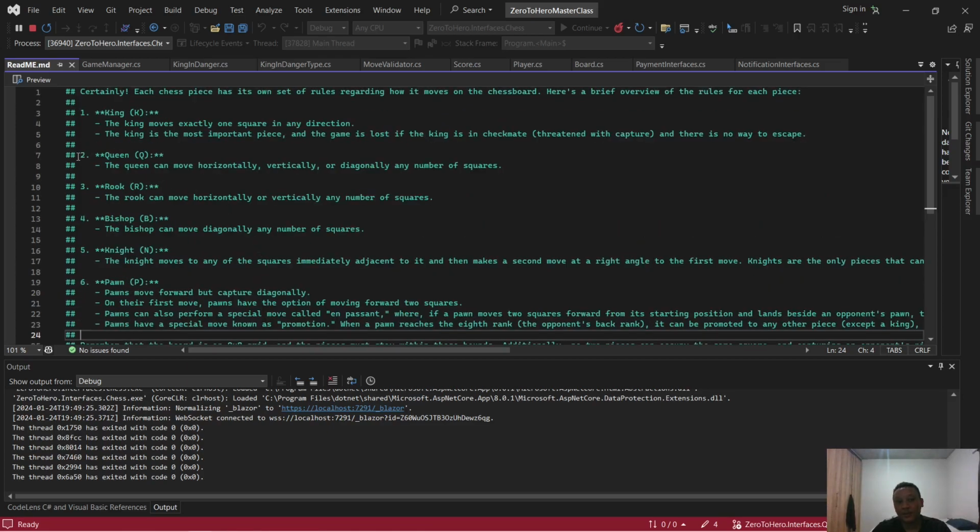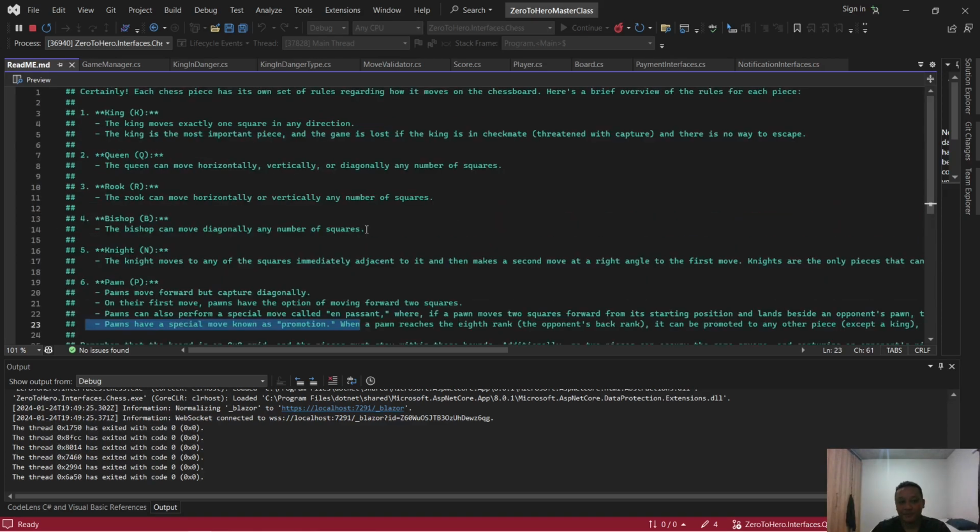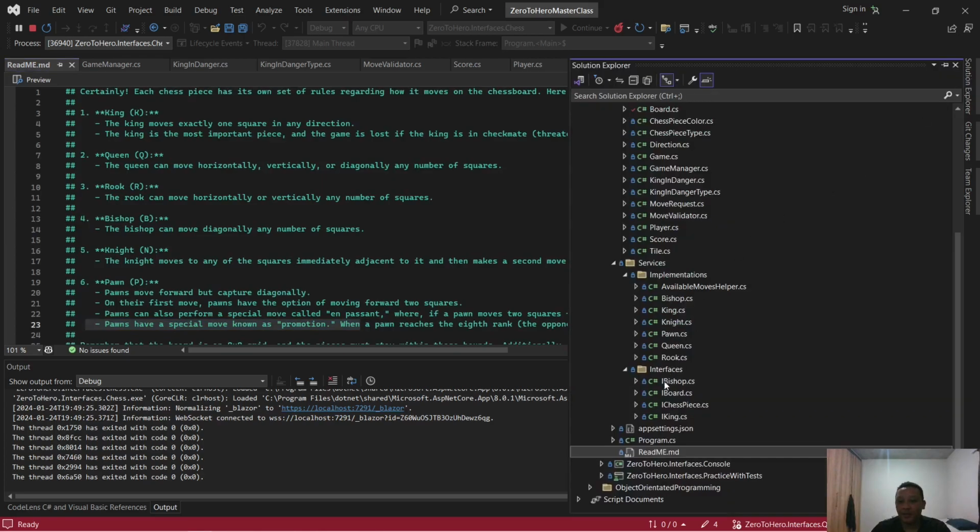We'll at the moment look at the queen, and in the next module we'll have a look at some of the other functionalities like the en passant and the promotion. Okay, so yeah, we'll just briefly go over